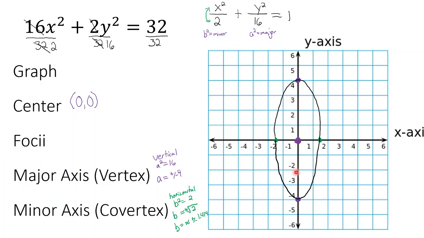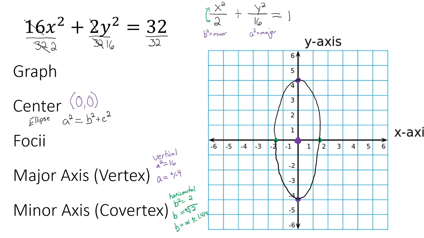The foci are going to lie someplace on this line right here on the major axis. I don't know where that is. I have to solve it by the equation a squared equals... be careful, because as we progress further on, we're going to have to use Pythagorean's theorem again in a later chapter. So we need to make sure that with an ellipse, to find the foci, because the foci are not the longest point, it's still based on, and let me kind of show how that would work,